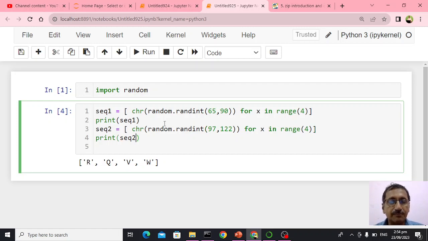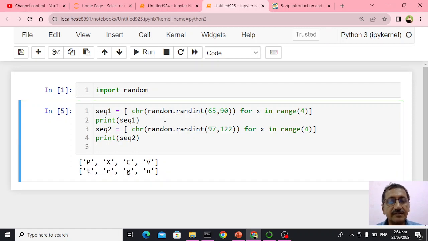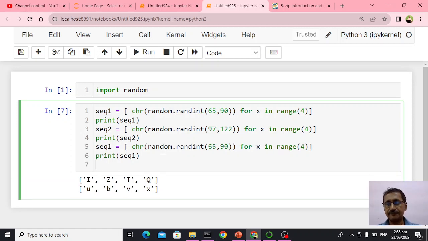Let me call this sequence 2. Look at this. Every time you run, you get different new combinations, but it will be in the range of 65 to 90 and 97 to 122, any character. Fine. Then digits I want. So now I can just paste it here. Digits will be sequence 3. The digits need not be converted into a character, so you could just keep it like that. Or I think you can convert to a character, that's also better. Okay, let it be chr of